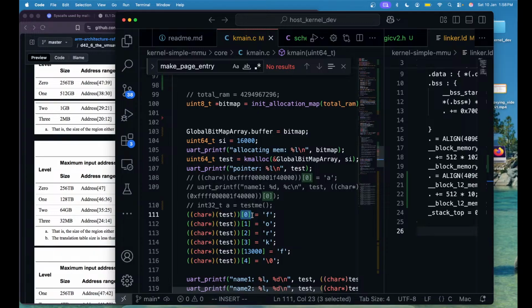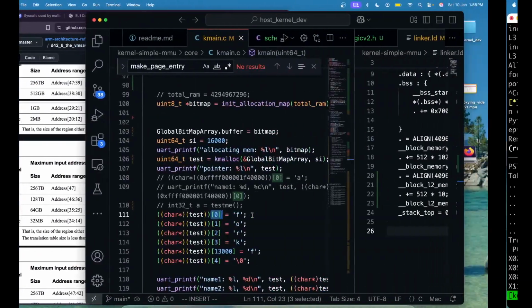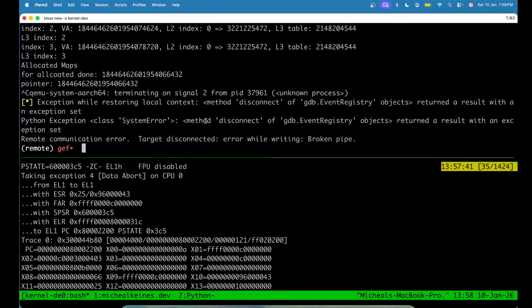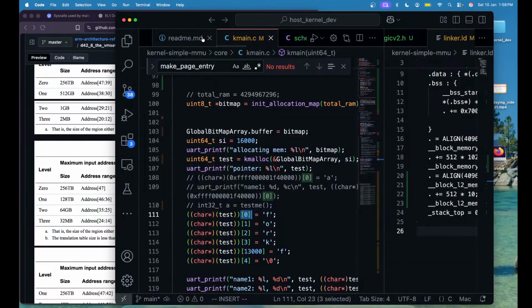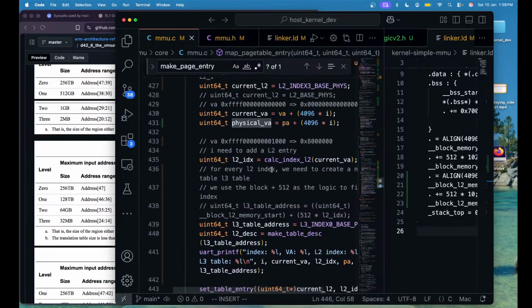So it should be the first address. So I think even the first address is not working. So maybe we'll try to add a static entry and see if it's working, and then we'll think about the